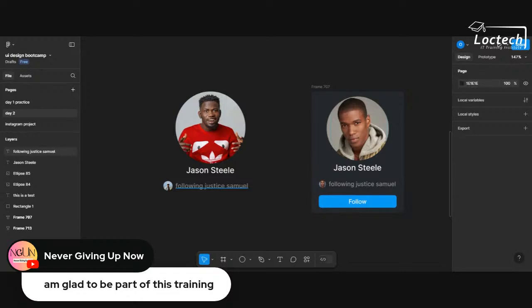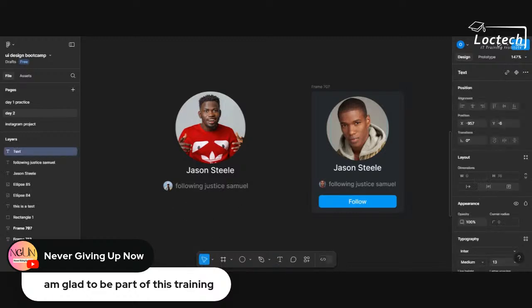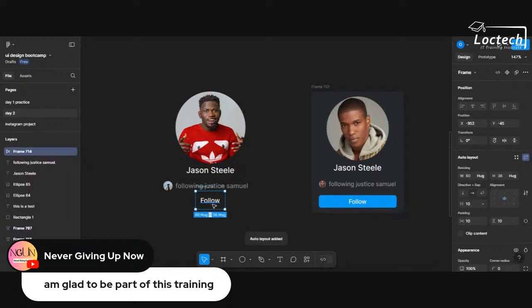So now comes the next thing, the first thing we don't know: the button. How do we create a button in Figma? It's very, very easy and quick. I'm going to show you just now. First of all, you select your type tool and then type the label of the button. So currently it's going to be follow. So I'll hold shift and type follow. All right. Once that is done, I'm going to press Shift A on the keyboard to create an